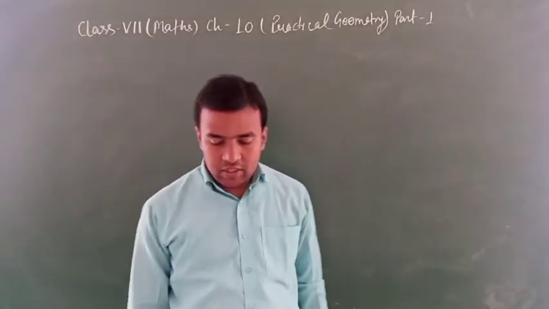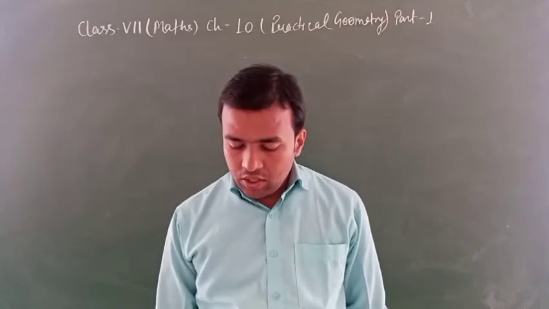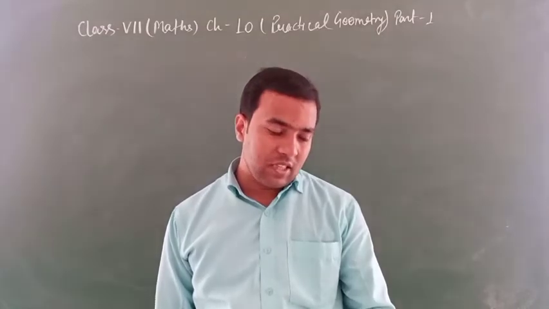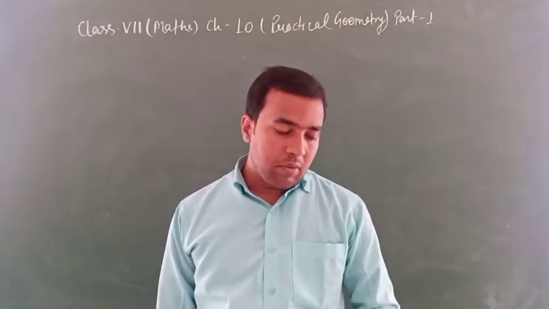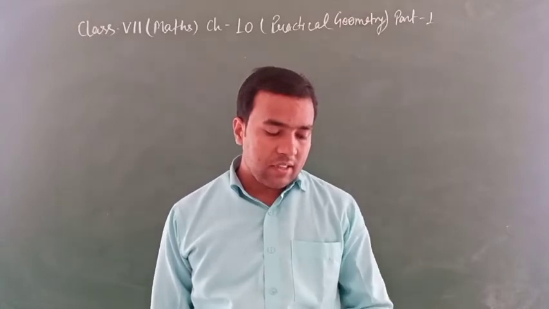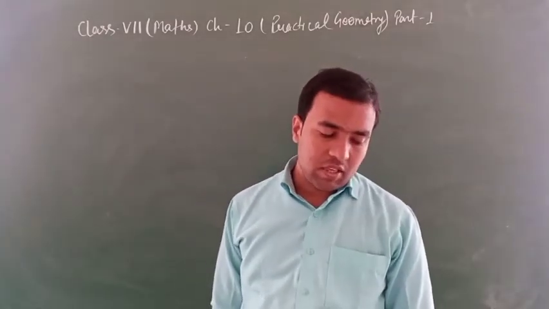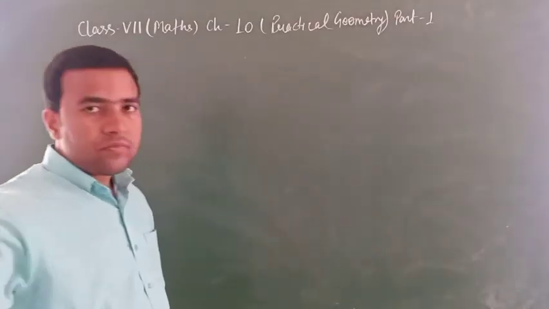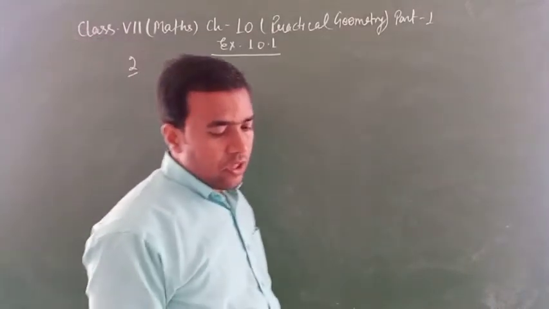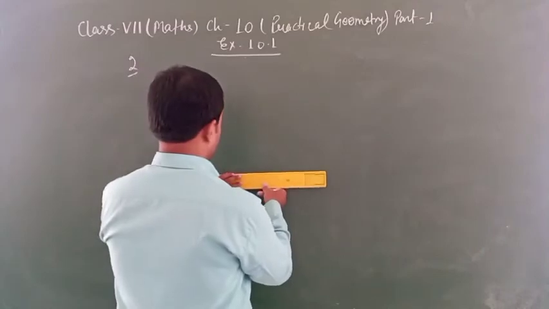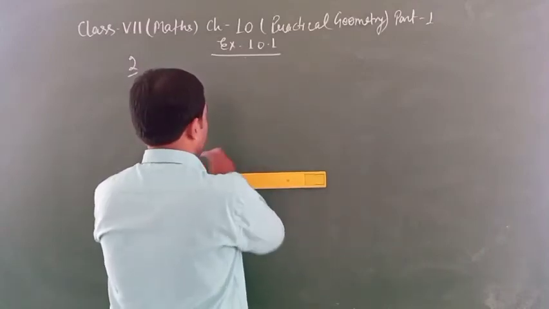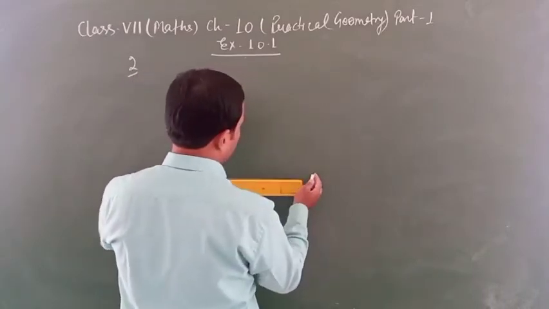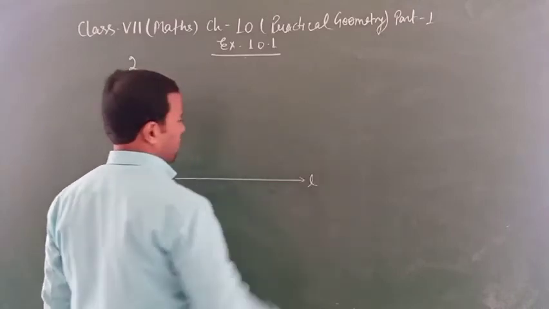Question number 2 from exercise 17a of R.S. Agarwal. Draw a line AB and draw another line CD parallel to AB at a distance of 3.5 cm from it. And in R.S. Agarwal the second question is telling: draw a line L, draw a perpendicular to L at any point on L. On this perpendicular choose a point X 4 cm away from L. Through X draw a line M parallel to L. Very easy question. Clear? So draw a line L.